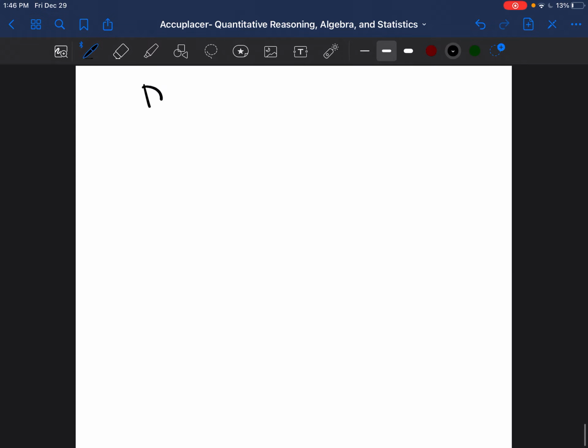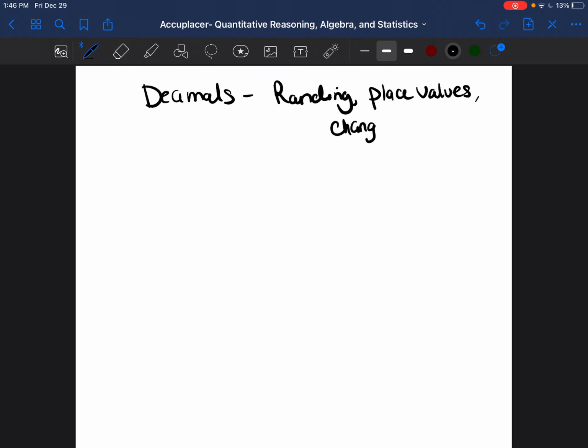On your piece of paper, let's write decimals. We are going to be rounding. We are going to talk about place values and changing to fractions. And I know it also said reading, and that's going to be part of changing to fractions, but let's go ahead and talk about reading as well. Okay, so let's talk about decimals. So on your piece of paper, I want you to go ahead and write this decimal,